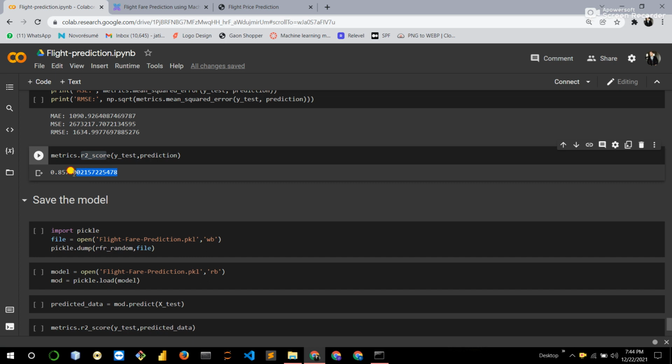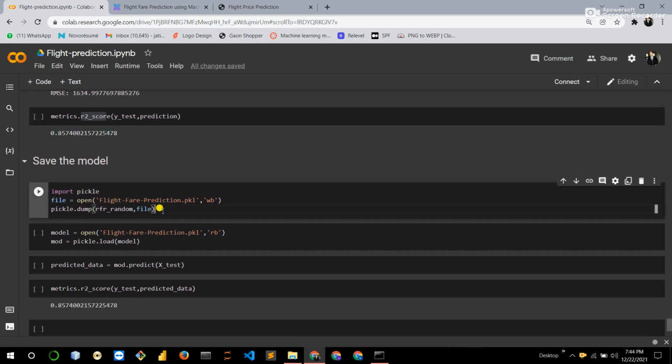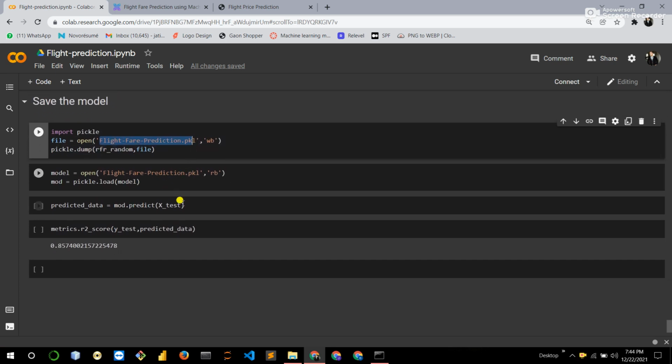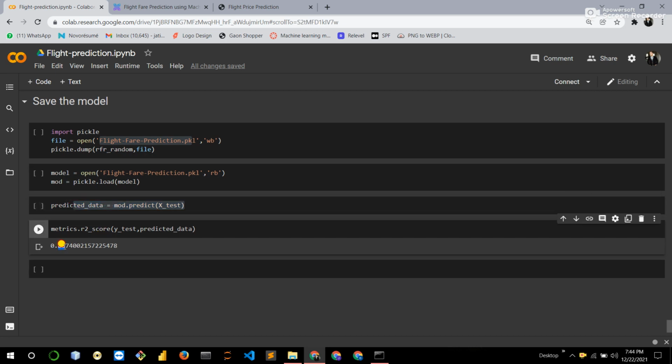Now our R2 score is 85%. So accuracy is increased as compared to the previous one. Now save the model with the name flight fare prediction.pkl. Then load the model, then test the model with the testing dataset, and you can see the R2 score. This is our final R2 score.